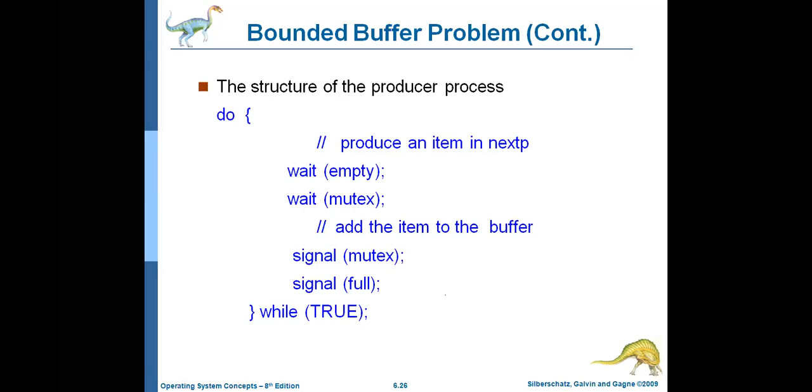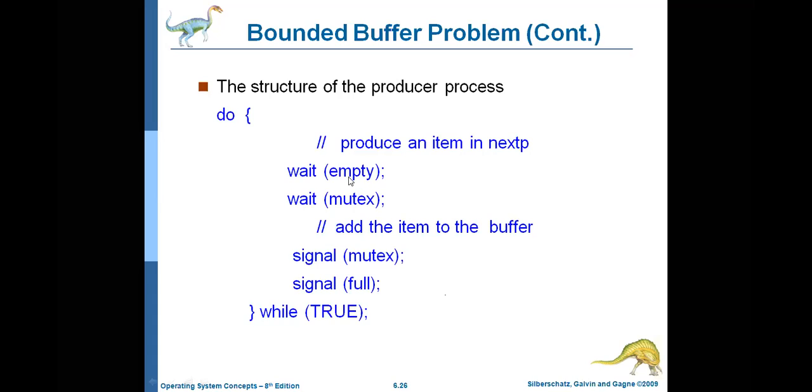So in a geometry box, there are 5 slots. You can keep 5 pencils or pens in the geometry box. So initially 5, right? If you add a pen to the geometry box, how many empty positions are there? 4. Earlier it was 5. Again you add a pen to the geometry box. How many empty values? 3. Earlier it was 4. That means whenever you are adding an item to the geometry box, the empty positions will be decremented.